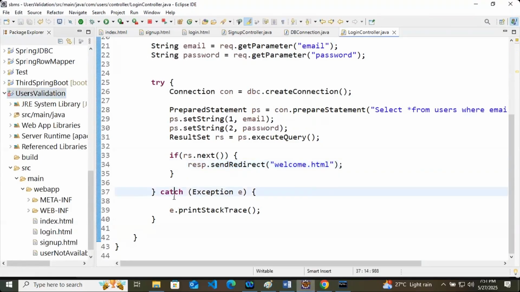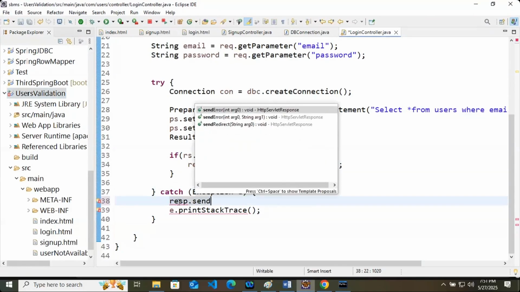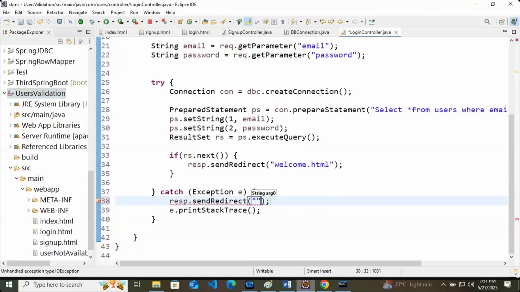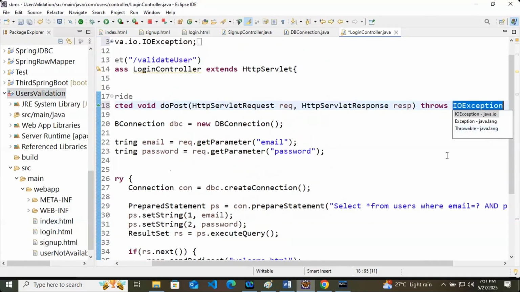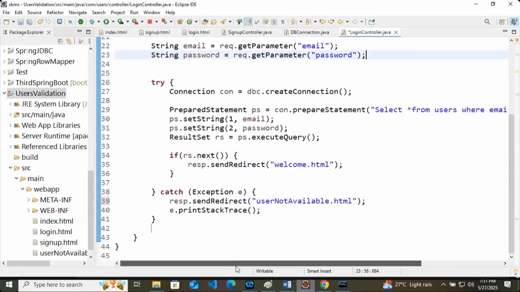In the error part, we are not sending that. So response dot sendRedirect, we will redirect the user to user not available dot html. In this case, we will send the response like this. Response dot sendRedirect, user not available.